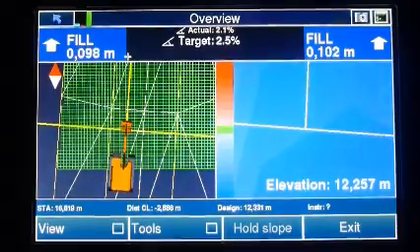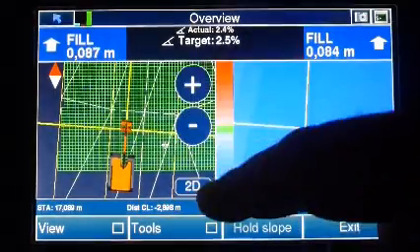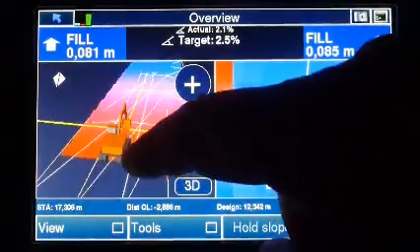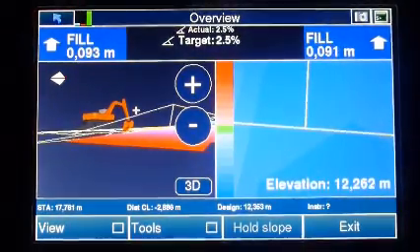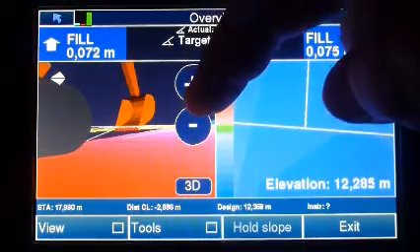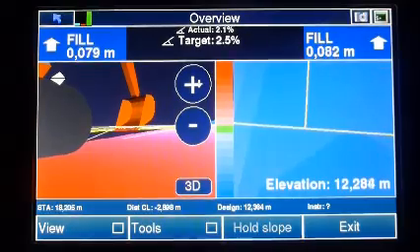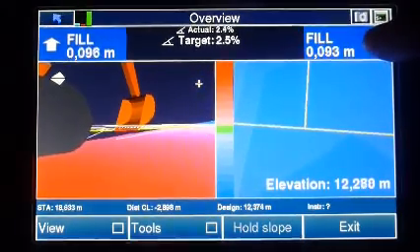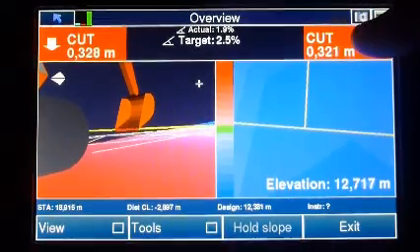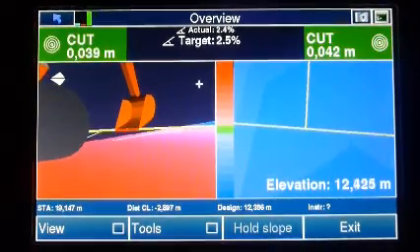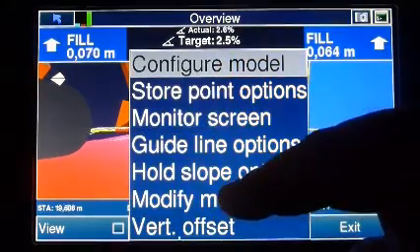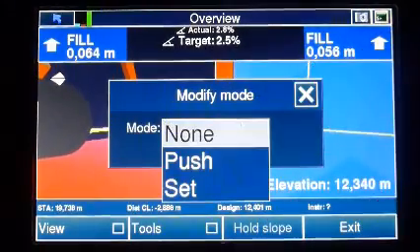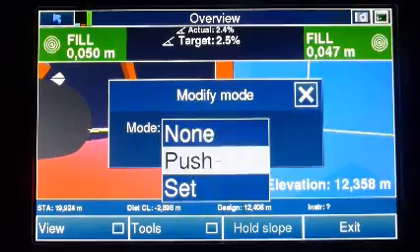So now we're in a different part of the design. I'll do the same here. I slew it around a bit so we can see it more visible. Now you can see the road is above my modification model. I still get the indication up here where I am according to my road. I have to activate my modification mode again, and if I go for push this time,